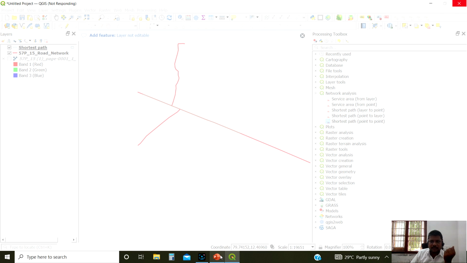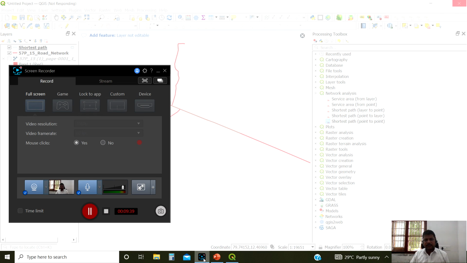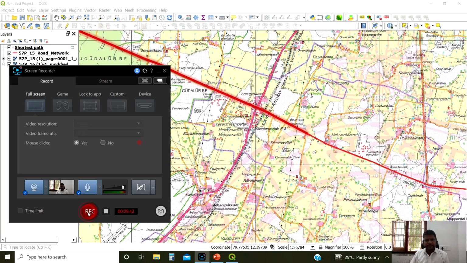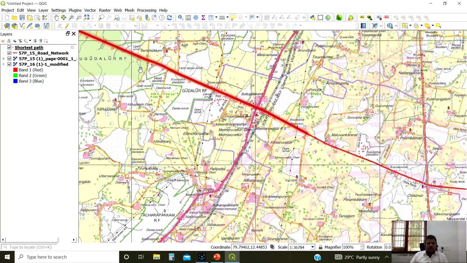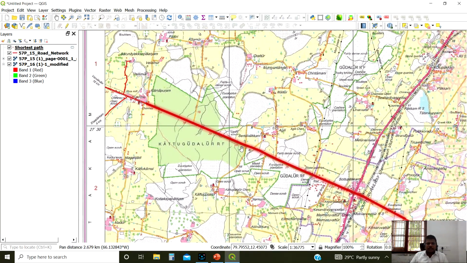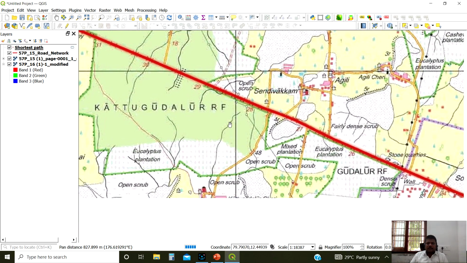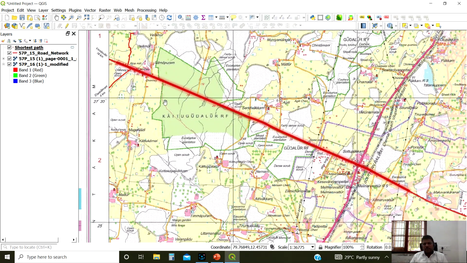Little bit hanging due to this video recording. Now it is showing the shortest path between these 2 points we selected, because it is properly snapped.